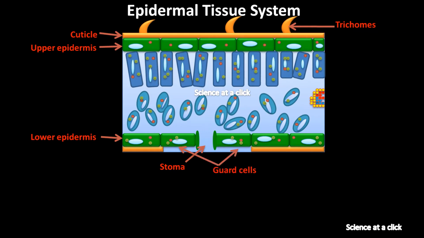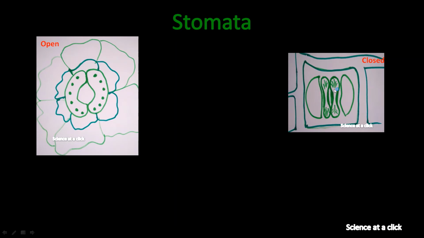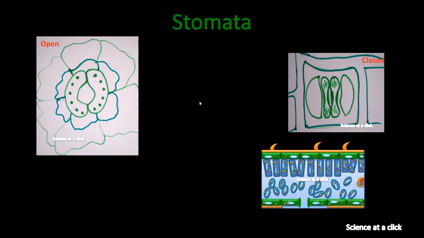Other parts include the guard cells. In the epidermal tissue system, as we know, stomata play a very important role. So let us understand more about the stomata. Stomata can be either in an open state or in a closed state, and the location, as I showed here, is near the epidermal layer. It can also be on the upper side, but I have shown it in the lower epidermis. Also note that there are more stomata on the lower surface of the leaf than the upper. That is, fewer stomata are exposed to the sun in order to prevent water loss during the process of transpiration.